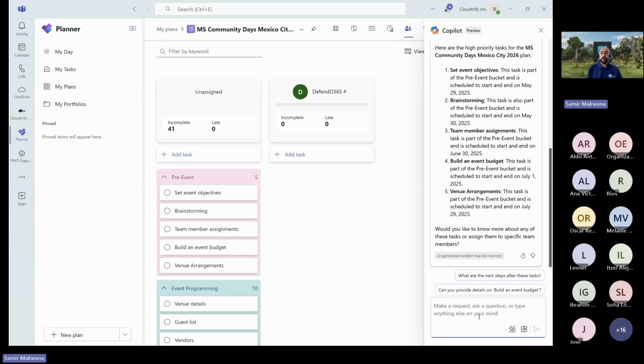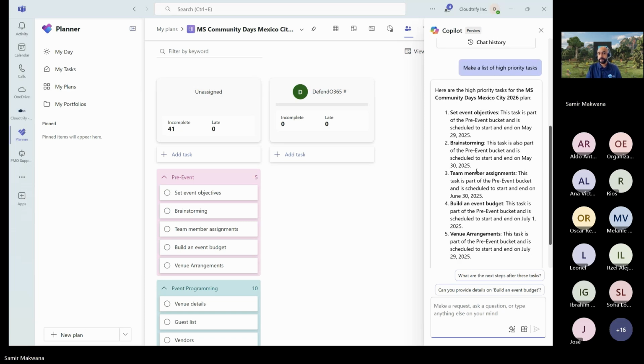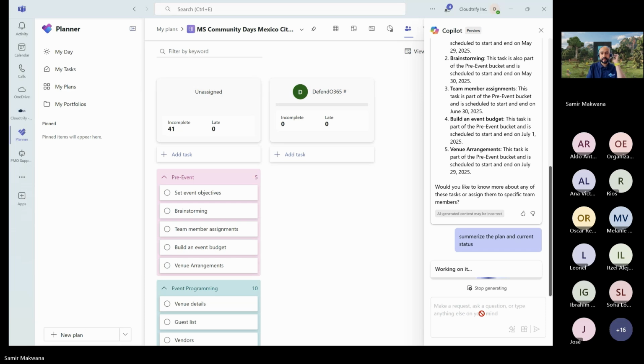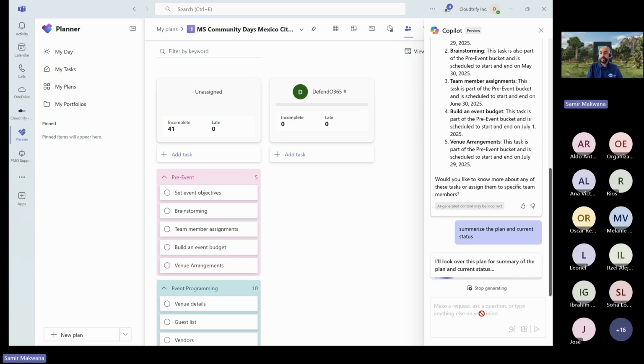And when you have multiple projects in your bucket and you're managing many of the projects and plans, it's a very time consuming process for project managers and business analysts to create such details on the fly. And that's where the Copilots in Planner can literally help them build this. Let me try one last thing before we move on to the next demo and the slide.